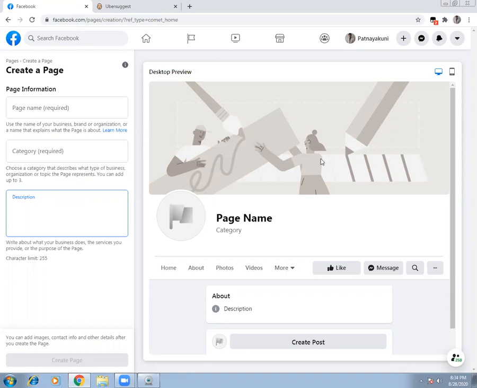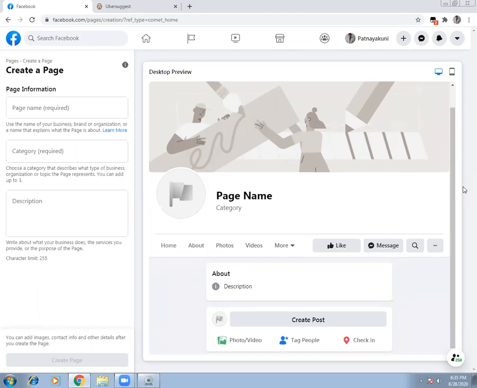For example, we have learned in Canva how to create banners, or you can go to Google Images and download, or you can use images from Canva also, and you can click on this and upload the images. And similarly here also you can give a category for your page. So basically this is how you create a normal page. And then once you are ready with your page, you can hit create post, and you will be able to start creating your content once your page is approved. So that is how you create.